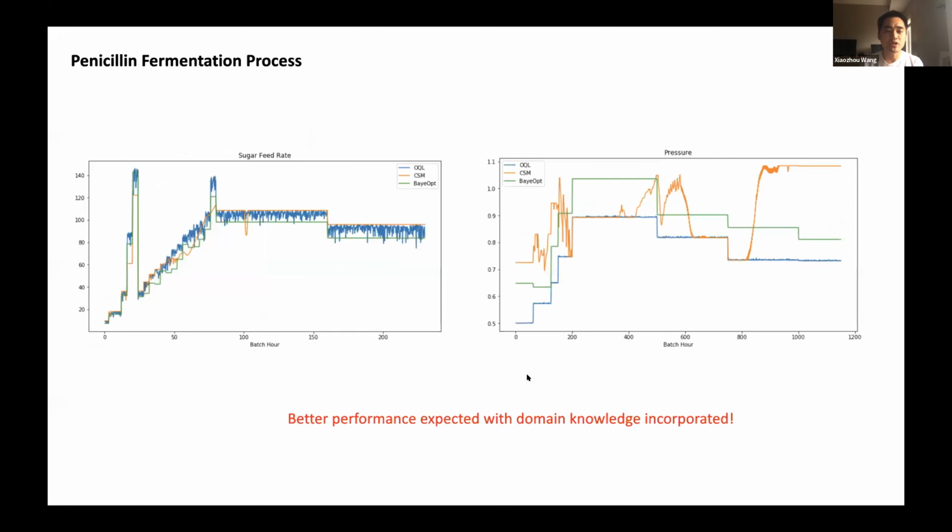Now, if you look at the recommended recipes, the AI algorithms sometimes agree with each other, sometimes don't. For example, the sugar feed rate on the left looks sort of similar for all three AI algorithms, except maybe some is more dynamic, others are a little bit stabler. For the pressure, though, they seem to disagree a little bit more if you look at the right side of the graph. And here we are not incorporating any operator expertise.